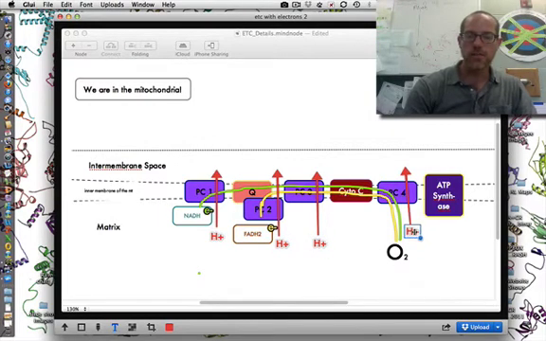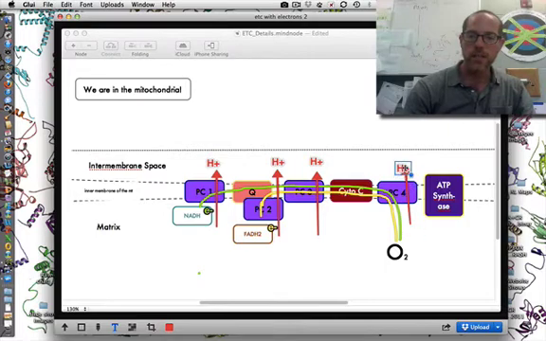As these electrons flow, that generates a charge. There are certain proteins within these protein complexes that have the ability to pull these hydronium ions from the matrix to the intermembrane space. So as the electrons travel down the electron transport chain, hydronium ions, or protons as we call them in biology, are pushed against their concentration gradient into the intermembrane space. And that is a big, big deal.